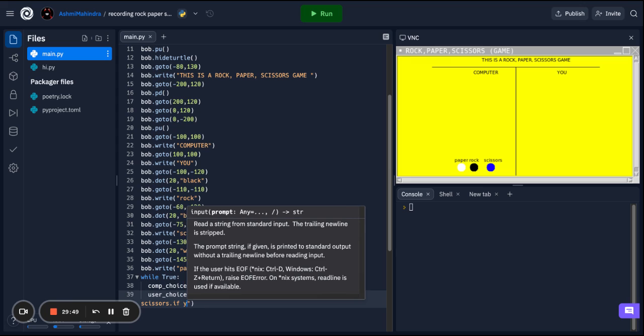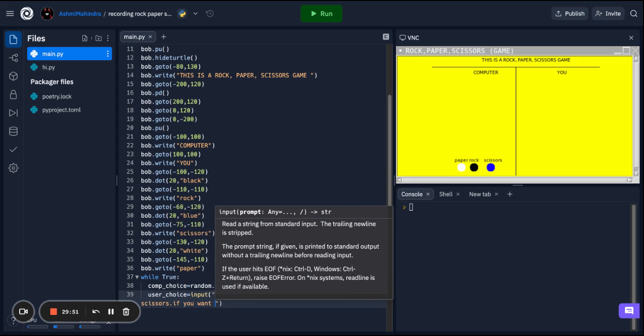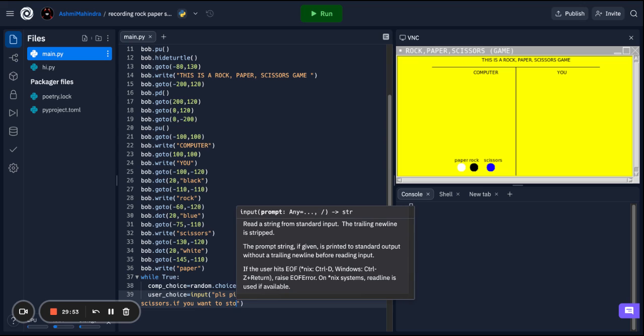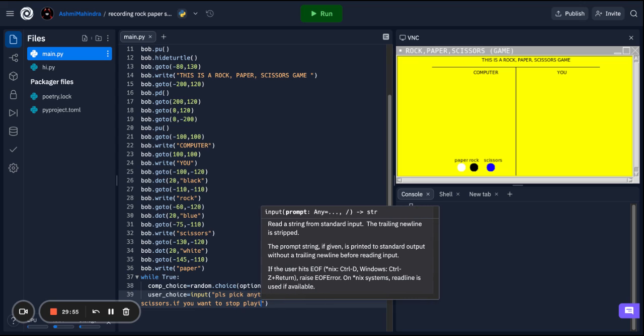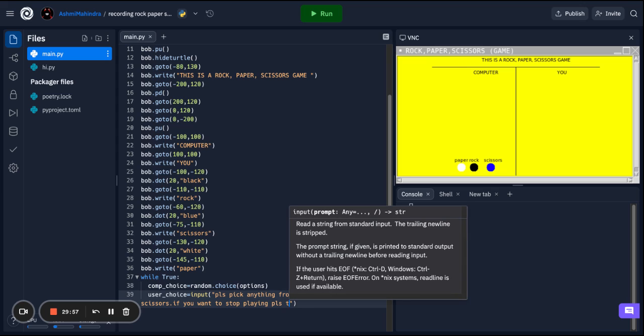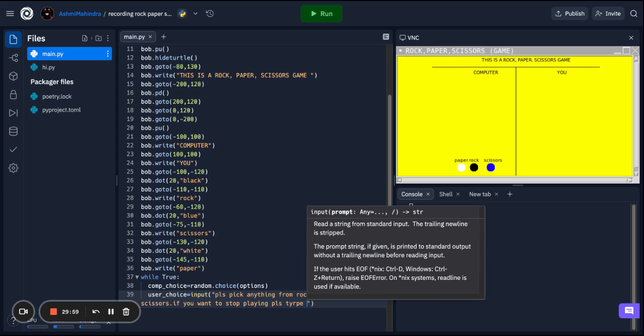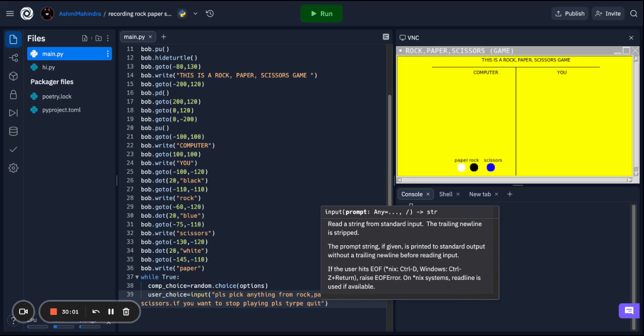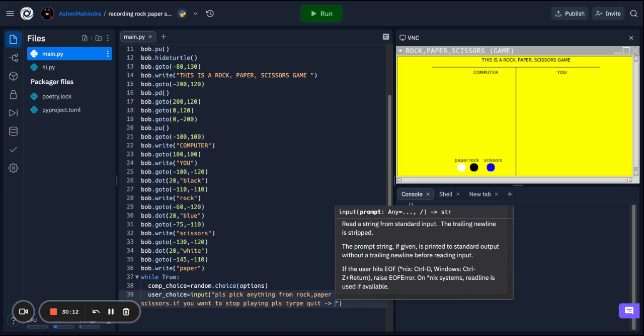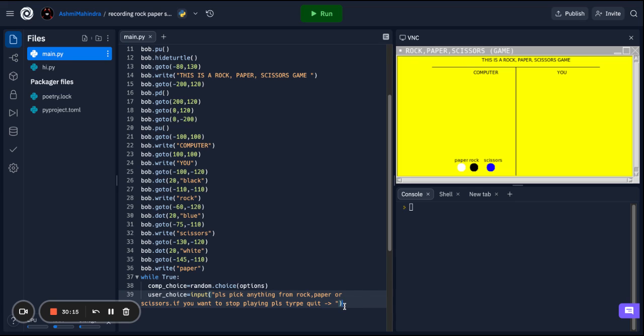If you want to stop playing, please type quit. And then what I'm gonna do is that creates a tiny arrow,